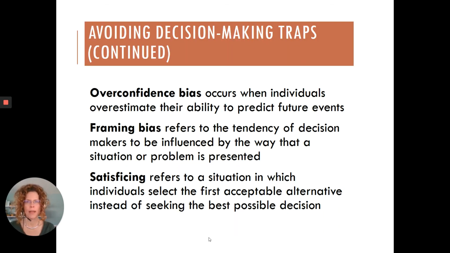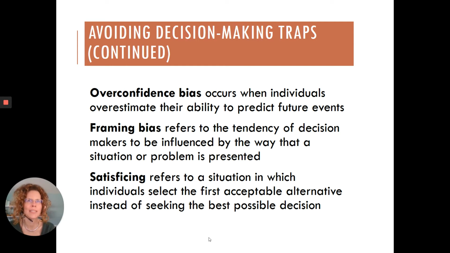More decision-making traps. Overconfidence bias occurs when individuals overestimate their ability to predict the future. I'm always able to guess what a baby's gender will be. I always get right who will win the Super Bowl. I always fill in the blank, okay? That's overconfidence bias. Framing bias has to do with our tendency to be influenced by the way that a situation